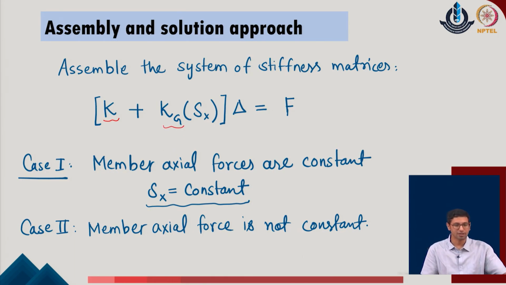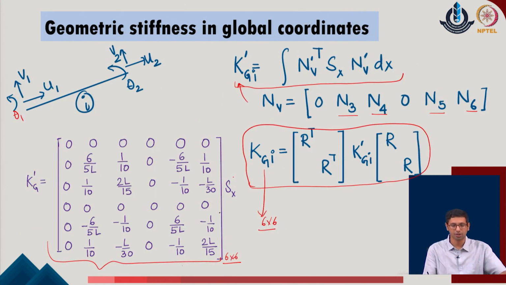But we now realize that the geometrical stiffness which you see over here is a function of S of x, where S of x is the member force active in the given system. So, these are the compressive forces active in the given system. As I already said, if you have a beam member, the beam member does not have any compressive force, so S of x is 0. That means the overall kg contribution for the beam member becomes 0, right.